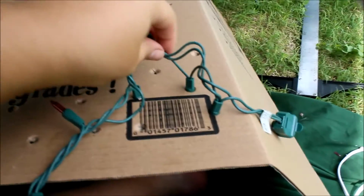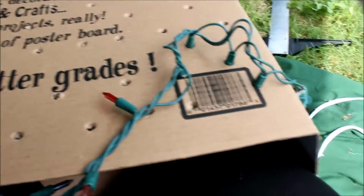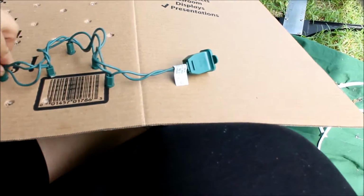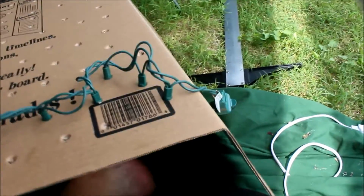So now I'm just going to go through and speed it up and show you guys how I basically measured out all the lights. As you can see, I just want to make sure every light is going to find a hole, it's going to get in. You know, with these lights, you have a little bit of stretching power. You don't have a whole lot, but you do have a little bit, so you can kind of pinpoint where you want this to go and that to go. Just to make sure that the lights, again, properly go through,